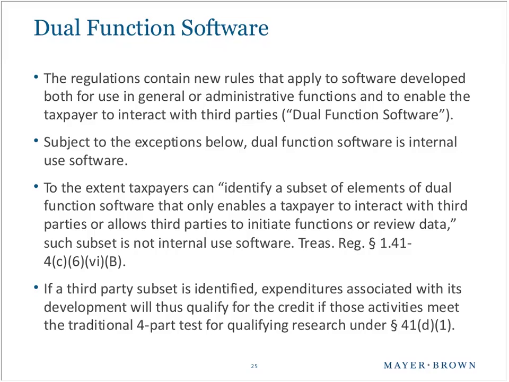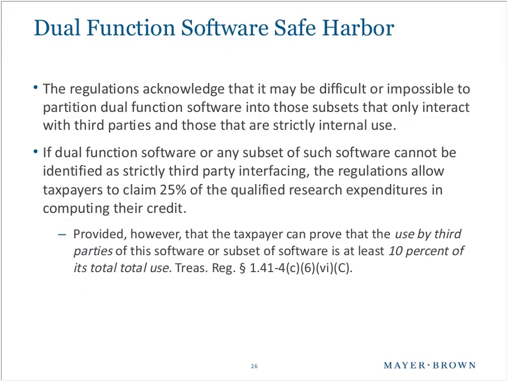Right, and even if taxpayers are able to identify this subset of third-party interfacing functions of a dual function software, you still have to qualify the activities for that subset under the four-part test in order to get those expenditures to qualify for the credit. The regulations do acknowledge that it's going to be very difficult or sometimes impossible for taxpayers to partition this dual function software into neat subsets that only interact with third parties or alternatively only are strictly internal use. And so